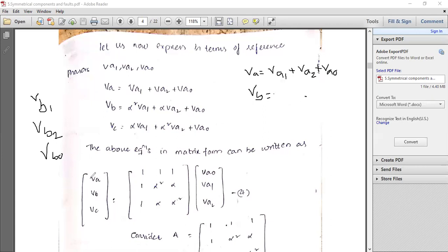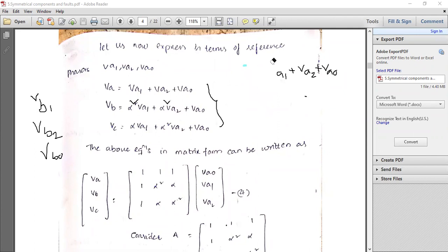First of all, already we have considered the phasor diagram of ABC, positive sequence. In that particular case, VB1 represents the positive sequence component. So VB1 is equal to alpha square into VA1. Already we have seen that one. Similarly, VB2 is expressed as alpha into VA2. Why? Because the phase sequence is now ACB, so the phase has already been shifted. Similarly, VB0 is equal to VA0. And similarly, VC1 is equal to alpha into VA1 and VC2 is equal to alpha square into VA2. All these voltage expressions come from the phasor diagrams we have already seen.